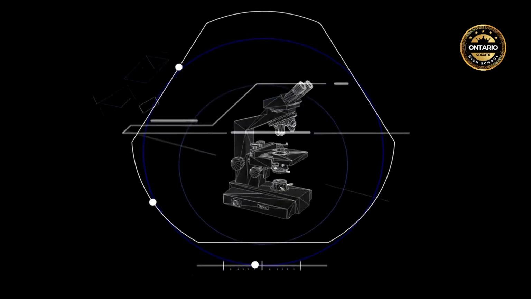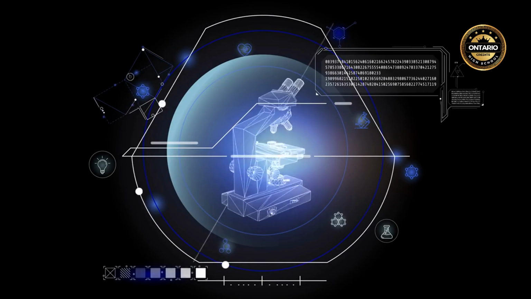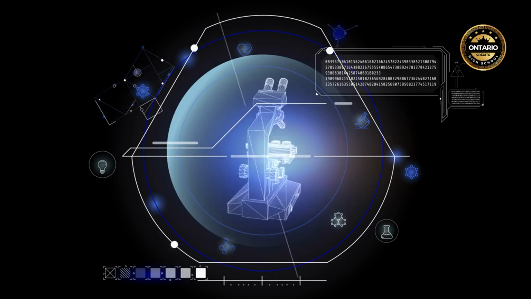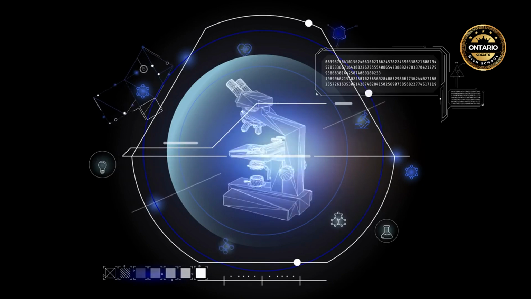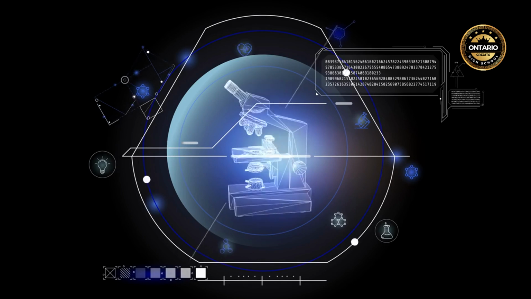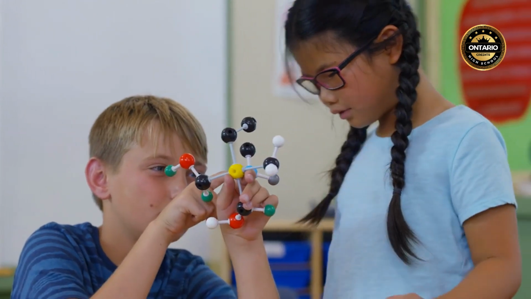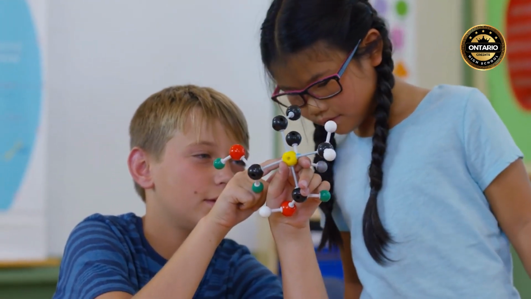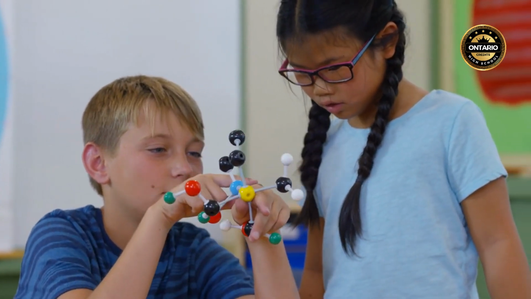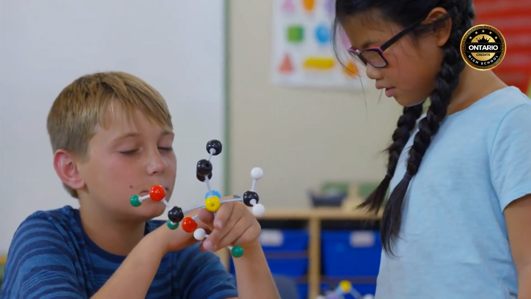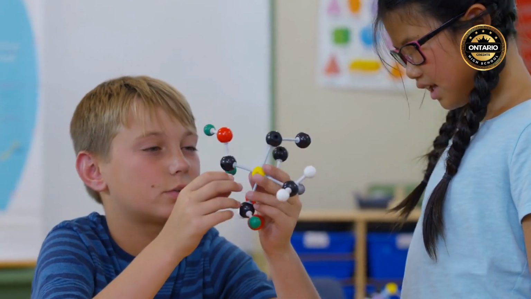The course will highlight the contributions of scientists, including notable Canadian figures, to various fields of science, showcasing their discoveries, innovations, and advancements that have significantly impacted scientific knowledge, technological development, and societal progress. By examining the work of renowned scientists and their contributions, students will gain a historical and contemporary perspective on the evolution of scientific knowledge and methodologies, understanding how scientific endeavors have shaped our understanding of the natural world and influenced